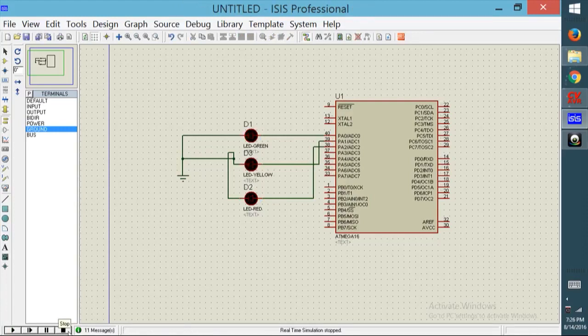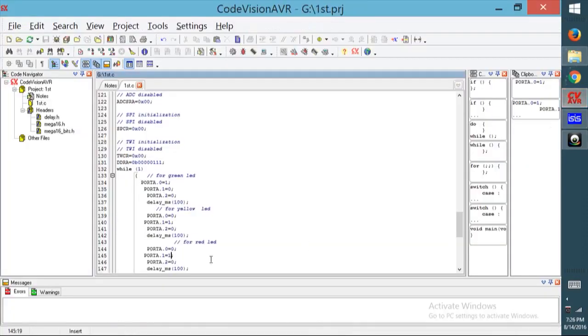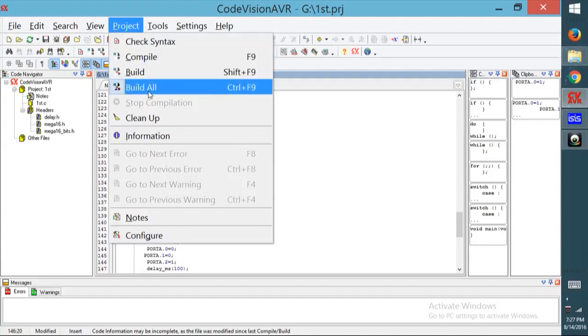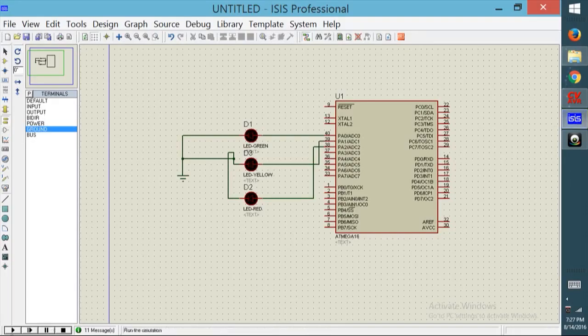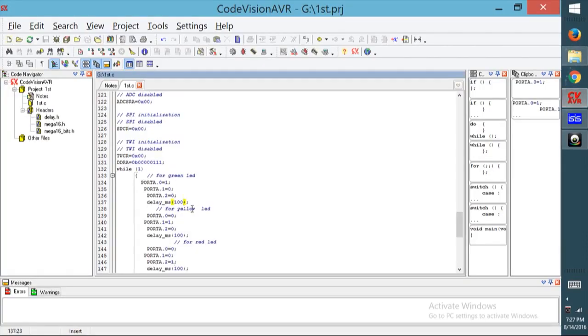Okay, fine. There must be some mistake in our code. Yes, you can look here at the LED. When I define the red LED, I write 1 on the yellow top port, so I will write 1 there. It's a bit fast. I think I should give much more delay, so just give a delay of 500 ms.